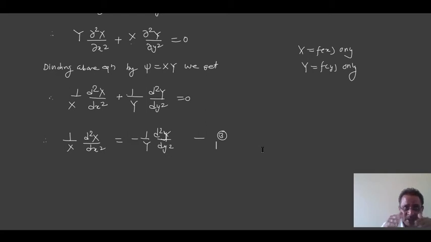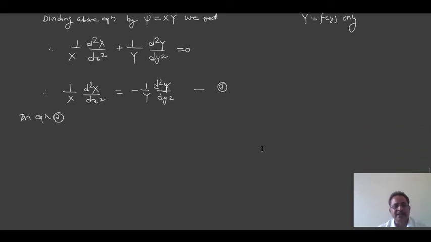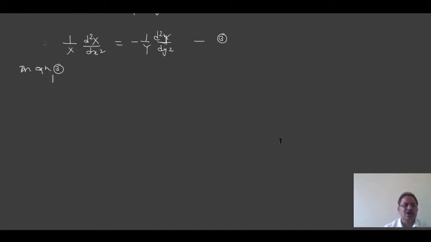So you can remember, I will now revise this whole method once again, but before that we'll write the first line below this. Okay, right here. In equation 3, LHS, the left hand side, LHS exclusively depends on small x.